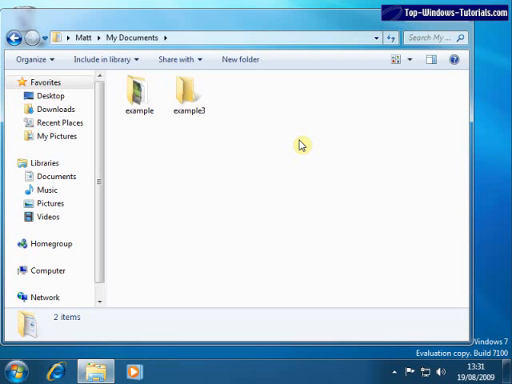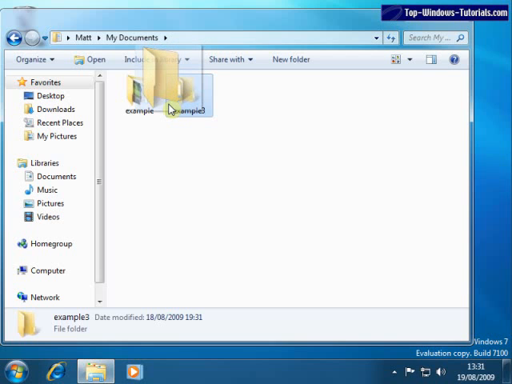Now, we don't always need to use the context menu to manipulate files and folders on our hard drive. We can also use drag and drop. For example, we can drag and drop example3 into example to move it. To do this, click once on the folder, then hold down your mouse button. Keeping it held down, drag the folder or file you want to move